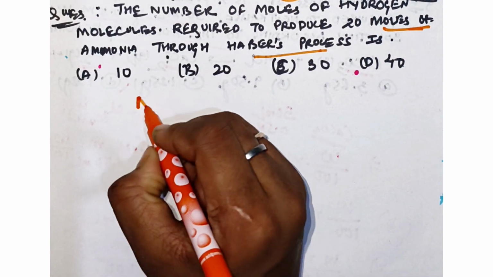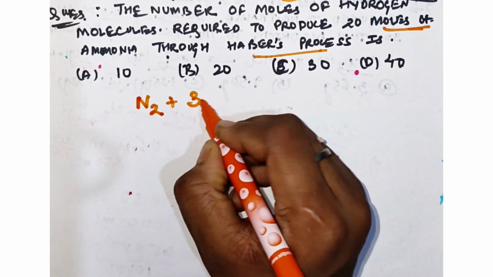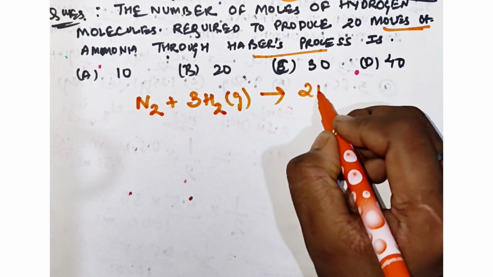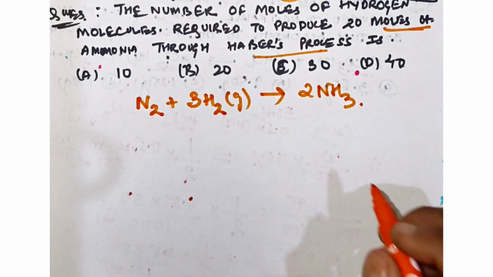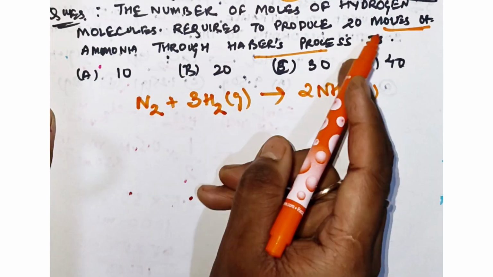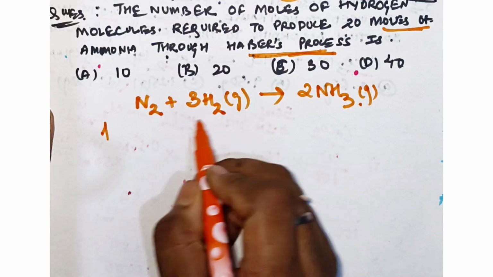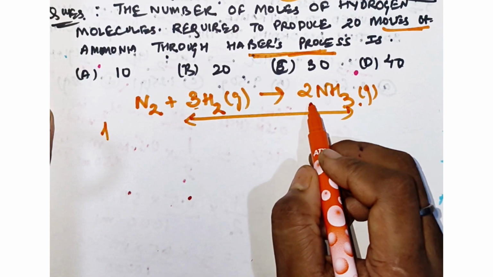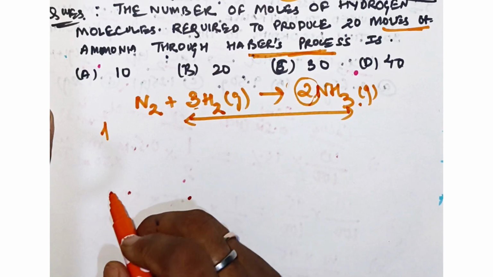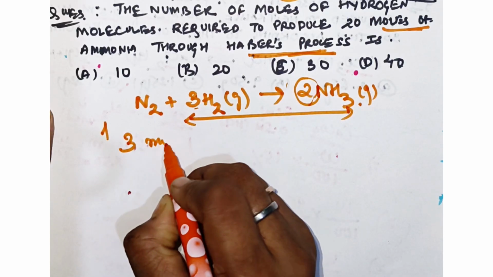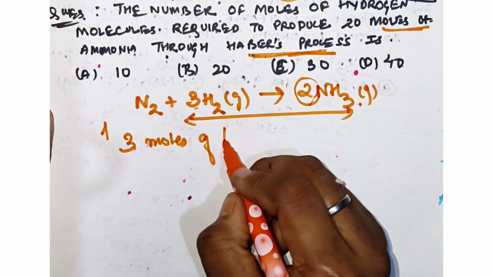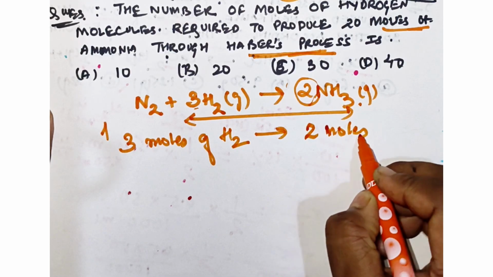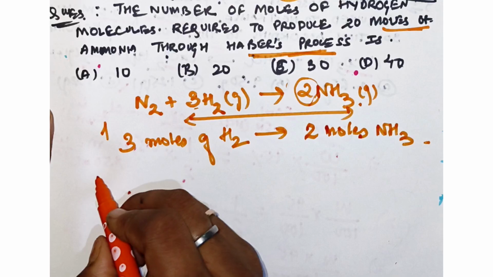So your Haber's process is N2 plus 3H2 gas gives you 2NH3. Okay, if you see this one, 3 moles of hydrogen is used to produce how many moles of ammonia? That is 2 moles. So 3 moles of hydrogen is used to produce 2 moles of NH3,